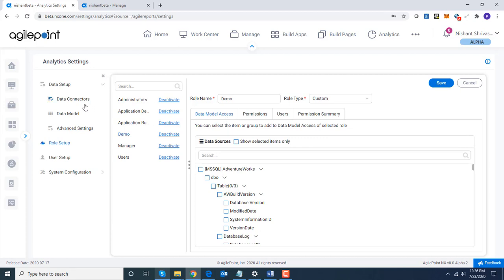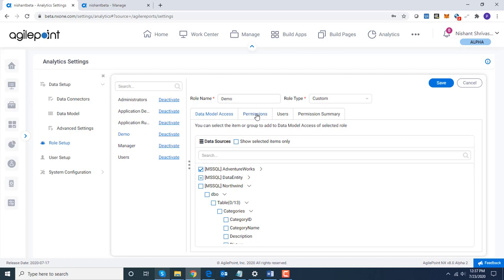So in the previous step, when I was creating data model, I was setting up the schema that within a particular data model, which all tables are available. Now I'm giving permissions around it. So I'm going to say for demo role, give permission to adventure work database. If I wanted to give permission to other databases, I can do that as well, or I can give permission to specific table if I wanted. So I can start giving permissions and hit save. So these tables would be accessible for people belonging to this role.